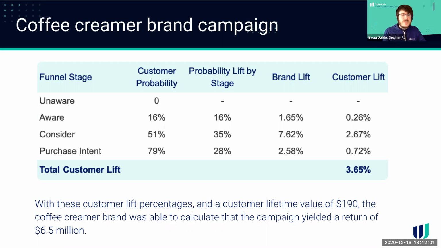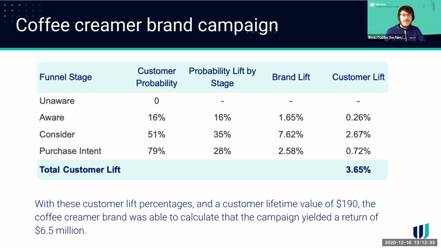So the interesting thing to notice here is that the largest increase in customer probability doesn't come from moving consumers from consider to purchase intent, but moving customers to consider from aware. And while this may seem surprising at first, it makes sense given the category of the brand. Coffee creamer is something that is purchased often, and many consumers likely purchase a variety of different coffee creamer brands. So if you can move a consumer to consider the brand, they're likely to purchase the brand in the future, even if it's not the brand that they indicate they are most likely to